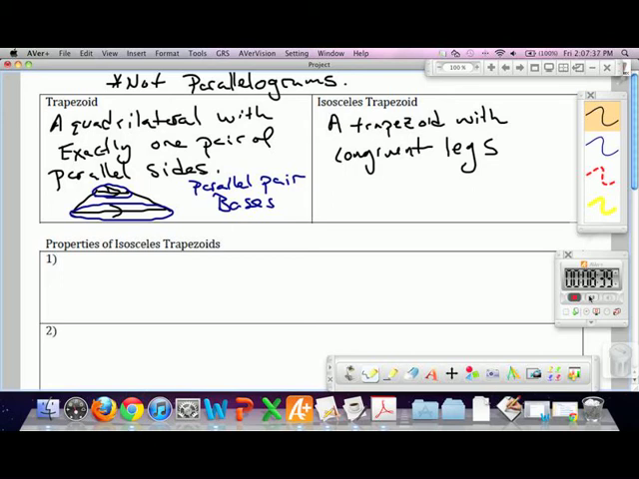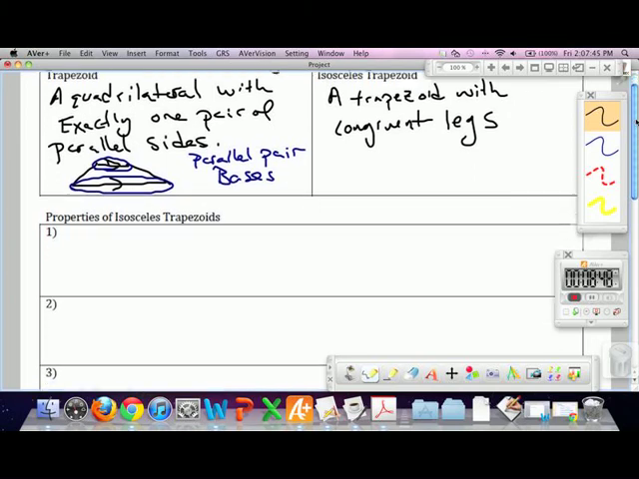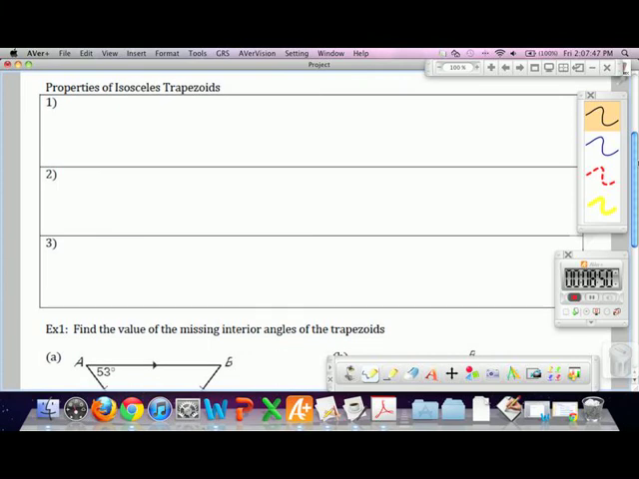Okay. With these definitions, we have a couple properties of trapezoids and isosceles trapezoids in particular. Actually, the first two are going to be more or less an if and only if. It'll be a statement and then its converse. The first statement says that